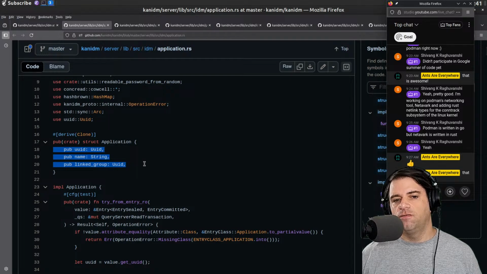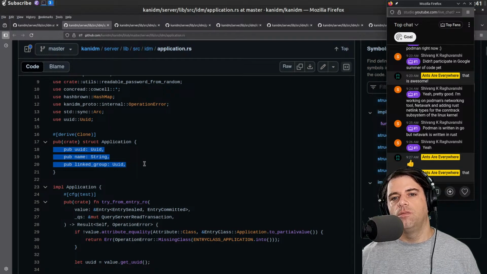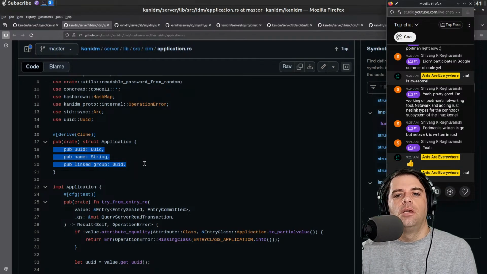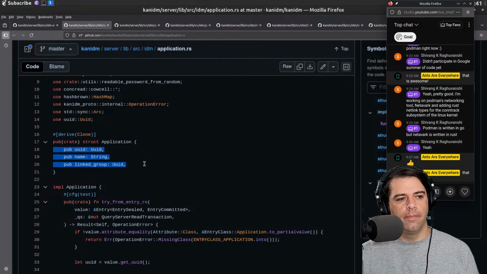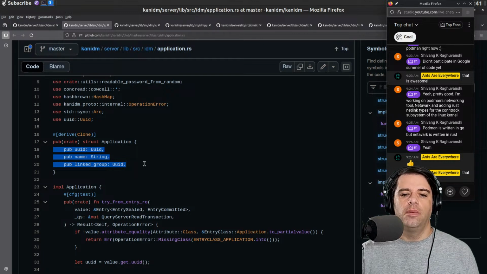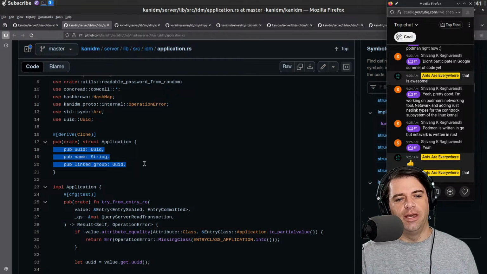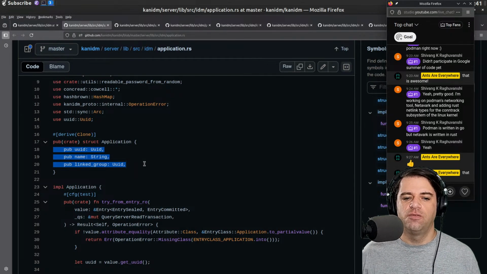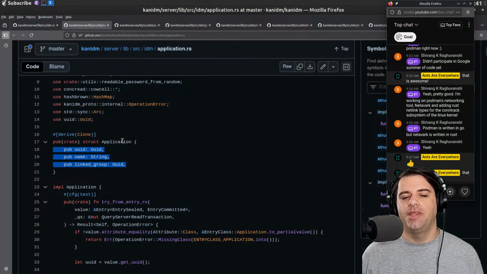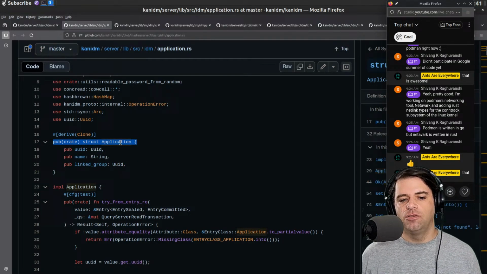So I'm wondering if this is for, like, if you have an app that is being protected by Kanidm, and every app gets a UUID and a name, like, I don't know, Gmail, and a linked group. And I don't know what the linked group is. That's maybe the management group. Maybe the application itself has a robot user group.